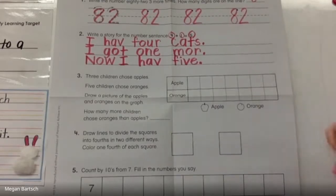Right here. All right. It says 3 children chose apples. What color should we take out for apples? Adelia. Red. All right. Everybody take out your red in 5. Take out your red in 4. You don't need your pencil for this because you're just taking out your color. Take out your red in 3, 2,